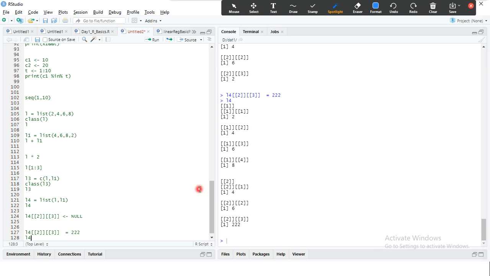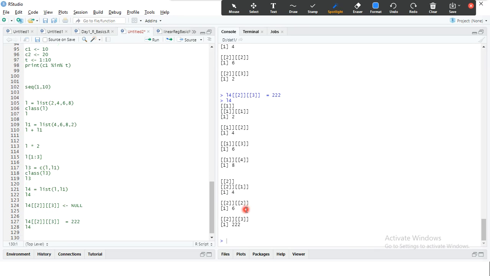And if I want to include any new value in a list, in Python we have something called the append function, right? But in R, how to include a value in a list, I don't remember it. So let us see L4.